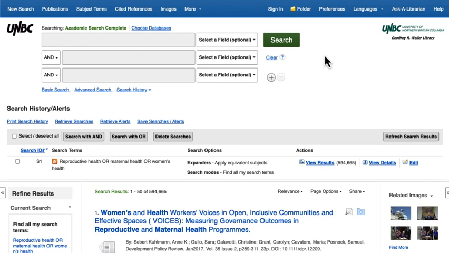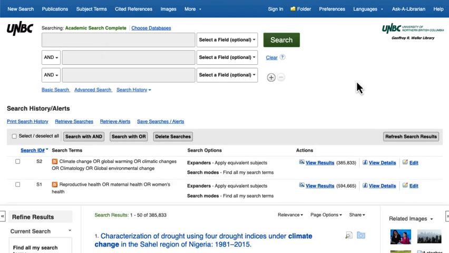Here you'll see that we get 594,000 results. The next step is to search all of our terms relating to climate change, which include climate change or global warming or climatic changes or climatology or global environmental change. I'm going to click search to retrieve results relating to each of those terms. Here you'll see that we retrieve an additional